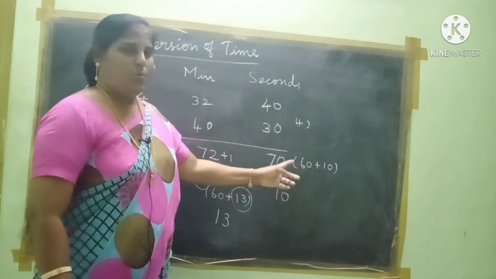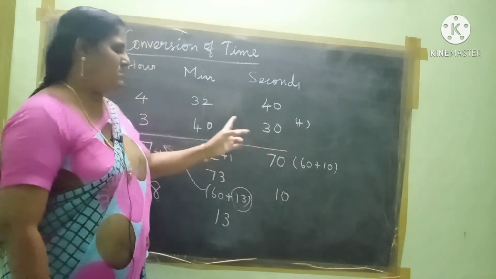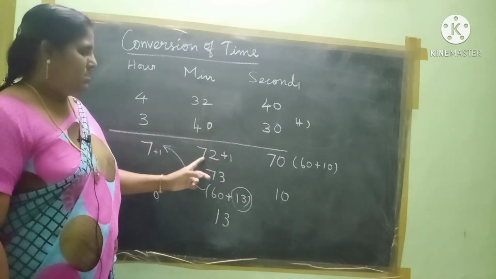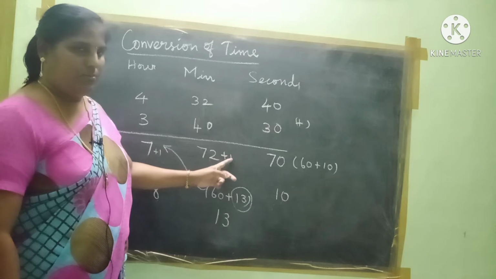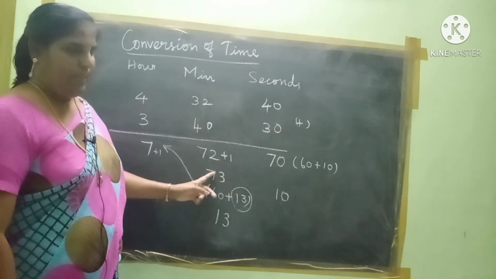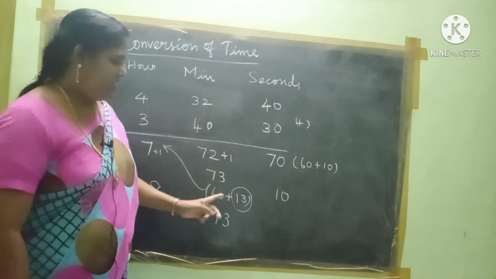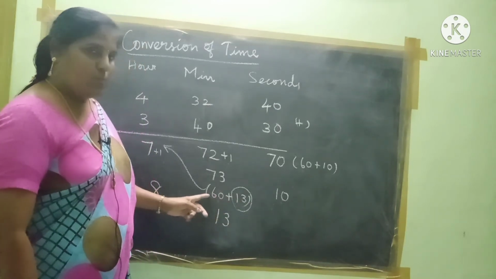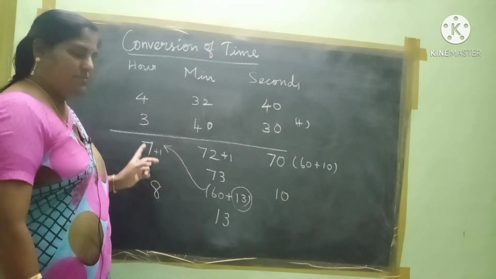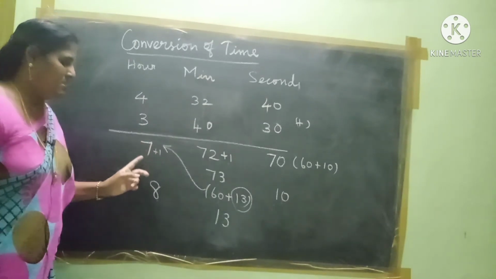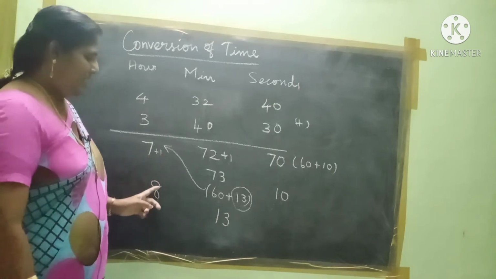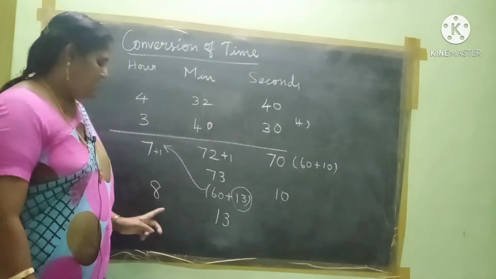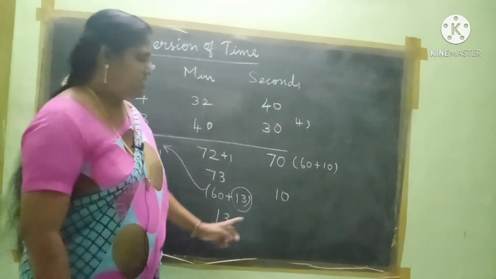60 seconds make 1 minute. So when you bring it to this side, it becomes 1 minute. So you add this number. The answer is 72. If you add 1 minute, this becomes 73. In 73, 60 plus 13. 60 minutes make 1 hour. When we add these two numbers, the answer is 7. 7 plus 1 is 8. So the remaining 30 minutes are there. Therefore the answer is 8 hours 30 minutes 10